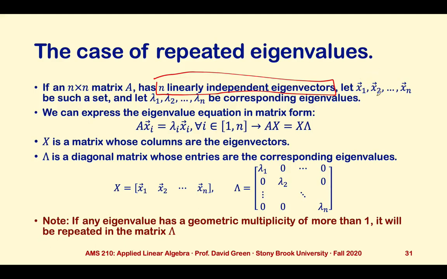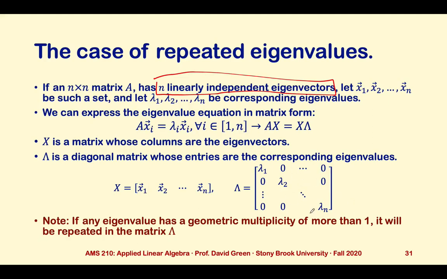We let x1 and so on be a set of these linearly independent eigenvectors, and the lambdas are their corresponding eigenvalues. By exactly the same logic as we saw before, the eigenvalue equation can be written in matrix form with exactly the same set of rules. X is a matrix whose columns are the eigenvectors. Lambda is a diagonal matrix whose entries are the corresponding eigenvalues, where the only difference is that these eigenvalues are